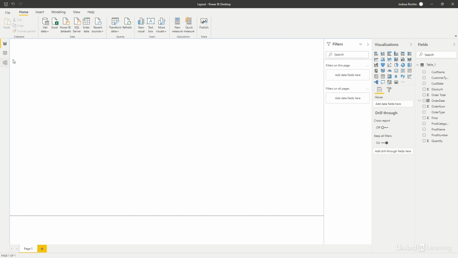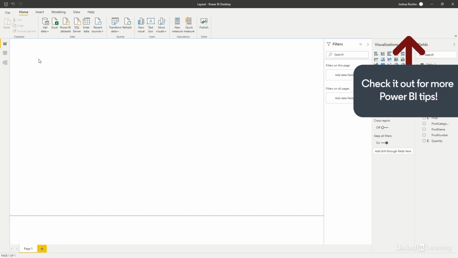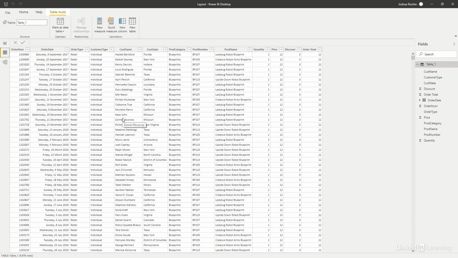get-go. What you're looking at is the framework of a Power BI model. It's already been connected to a data source. Specifically, this model has been connected to some e-commerce sales data. And we can see that by clicking on the data icon on the left-hand side of the screen. And here it is. Let's go back to the dashboard screen now by clicking on the first icon here called